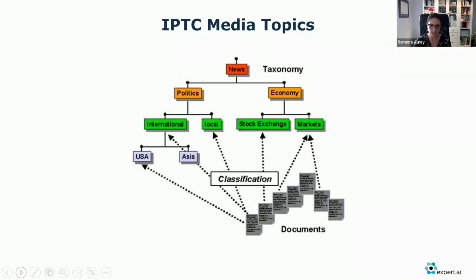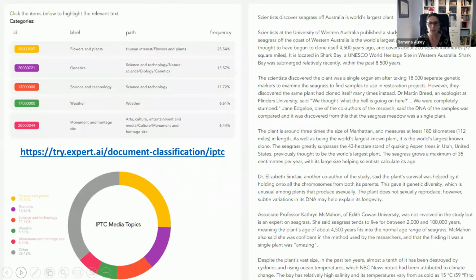And last but not least, in terms of definitions of a taxonomy, here we also have an example of how a taxonomy is actually applied to text. So we have an example of a document that has been categorized into specific categories using the same taxonomy that we have had a snapshot of, the IPTC media topics. So we're dealing with 5 different categories that are driven by the same taxonomy. And this single document can be tagged with terms that come from these different branches.